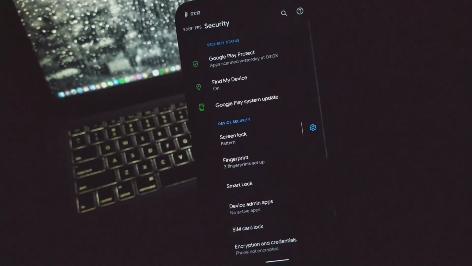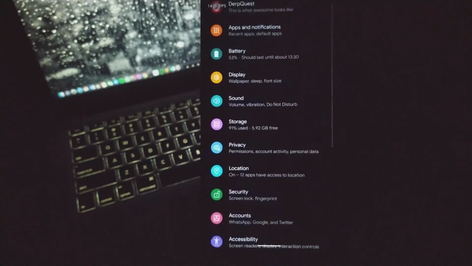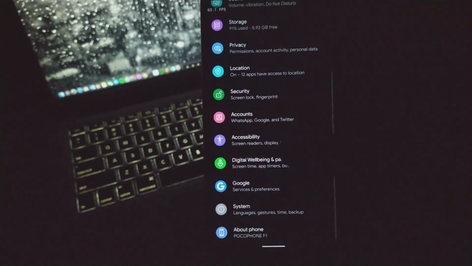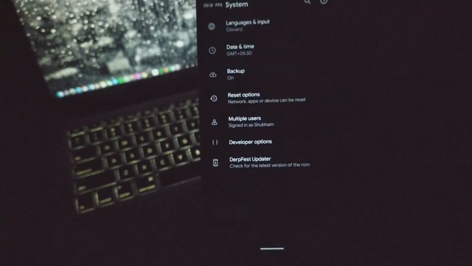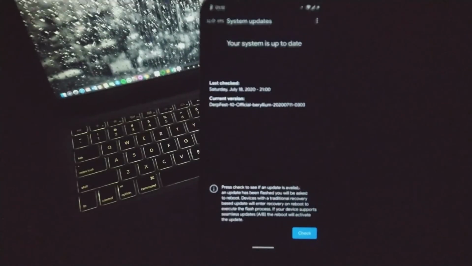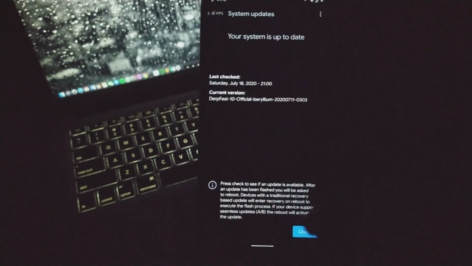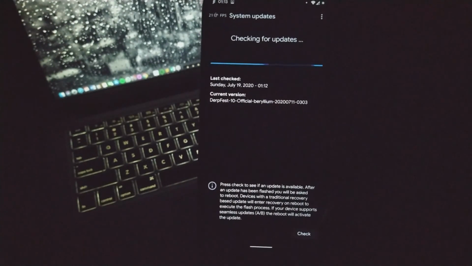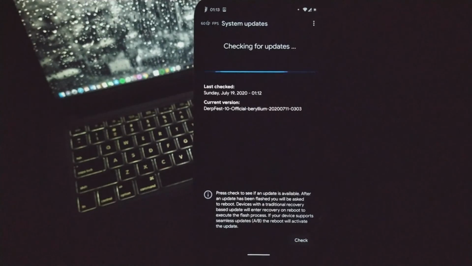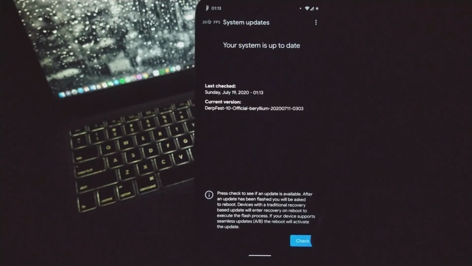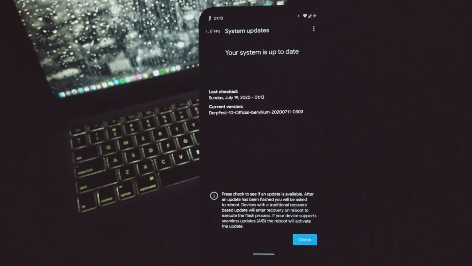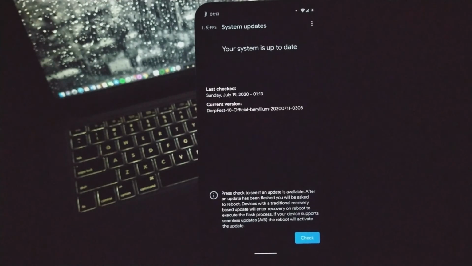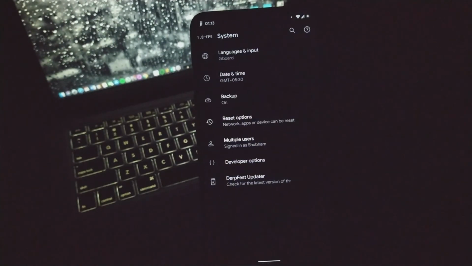Talking about security, the ROM does not have face unlock sadly, but we can accept that it will be included in future updates. Another good thing I like in this ROM is that moving toward the system, you will get OTA updates in this ROM, and sometimes it also gets checked automatically. When a new build is available, it will show up in this section and you just have to download it and flash the ROM using the TWRP settings itself.